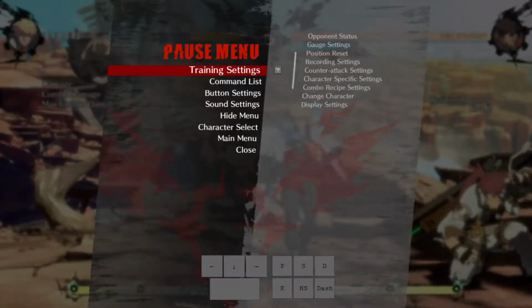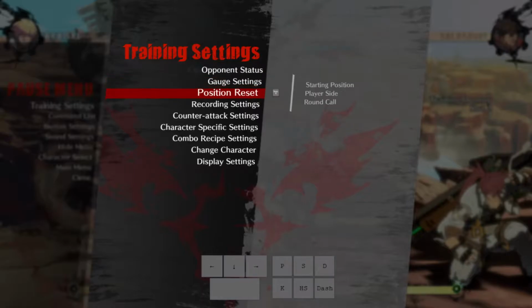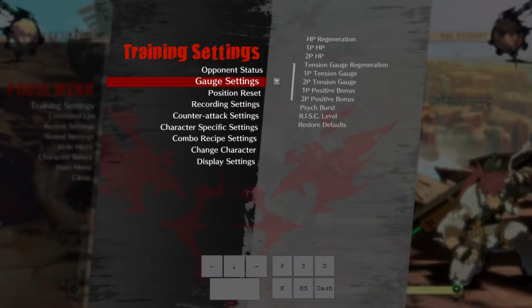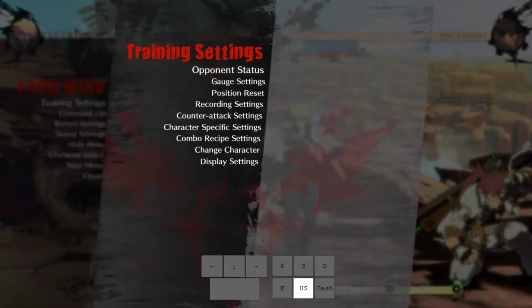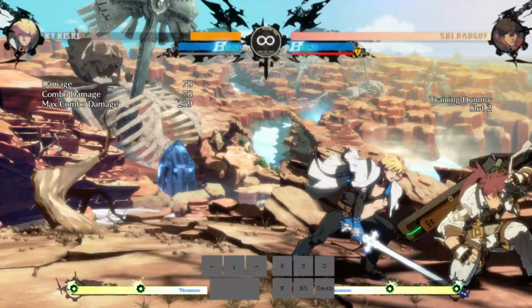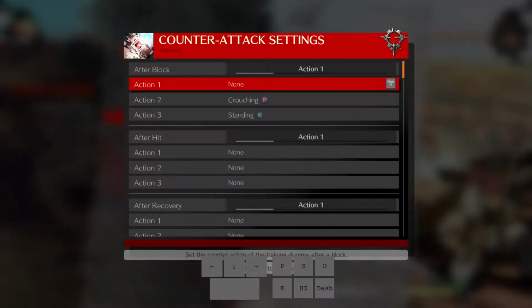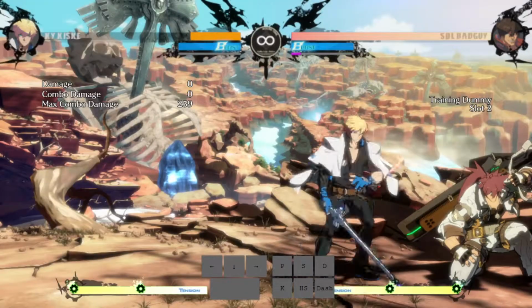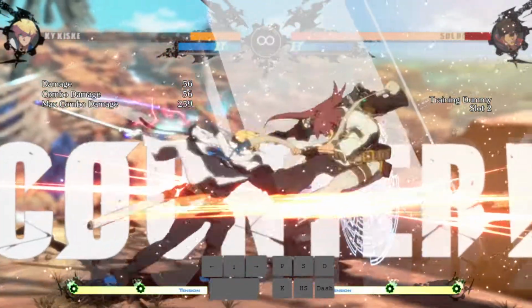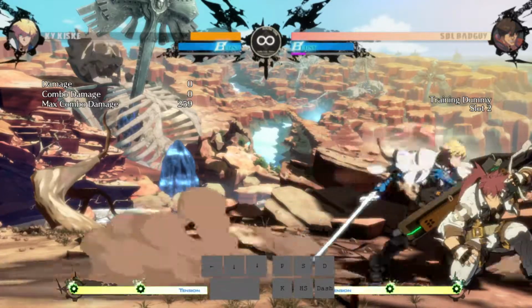But the issue here is that unlike 5K, it deals more block stun, and also more pushback. Where that comes into an issue is that let's say you wanted to go for that counter hit like this, but you wanted to use it with close slash. The issue is if you do it too early,